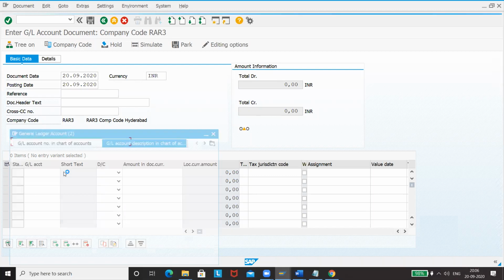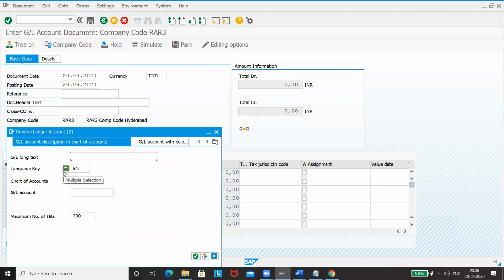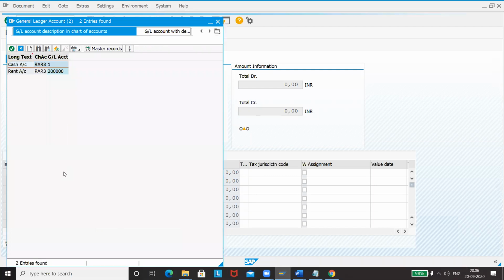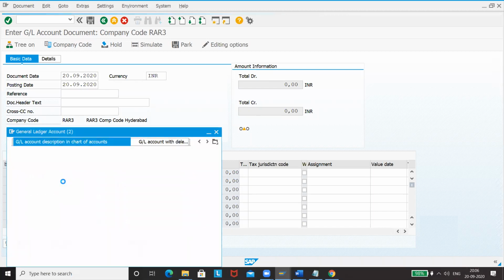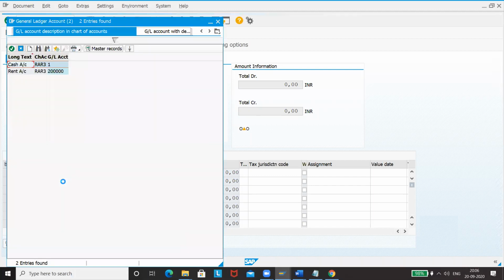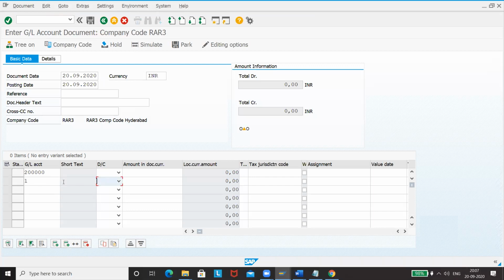It will show whatever other GL accounts are created for this chart of account or company code. So we'll be taking rent account and then here cash account. Since we haven't maintained any more accounts, these 2 accounts are only coming up. If we have many more accounts, then you will have to scroll down and select the appropriate account. So this is expense, so this will be debit, cash will be credit. Give any amount.